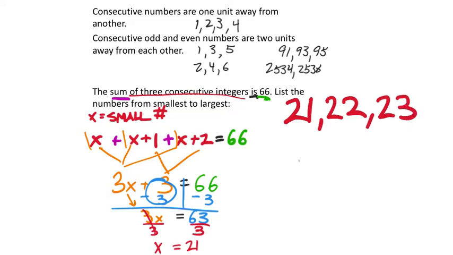All right? And you could have gone back here and said, well, what's 21 plus 1? Well, that's 22, and then 21 plus 2 is 23. That's fine if you need to do that, okay? Now, the last thing I would do to check this, not just in the equation, but I would actually check